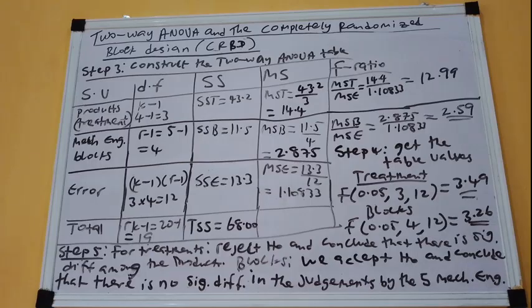Now, in our next class, we'll be looking at an additional source of variation again, which is now, we are now going to have 3 sources of variation: the treatment, the row effect, and the column effect. That will now take us to the Latin square design. So in our next class, we'll be looking at the Latin square design. All these designs are under a special topic in statistics, which we call design and analysis of experiments, and we make use of the analysis of variance